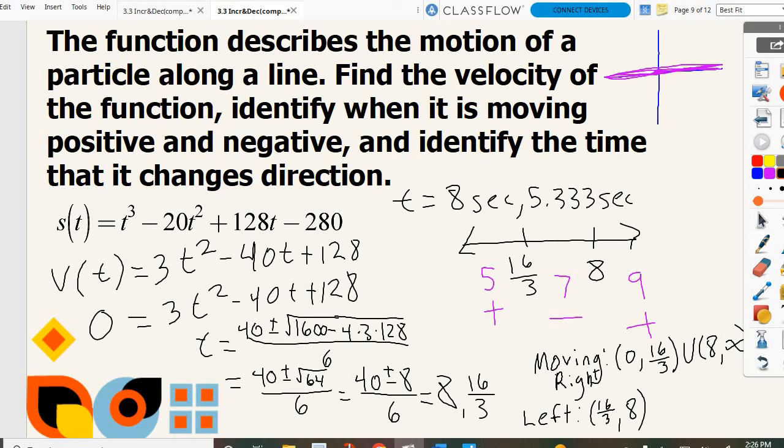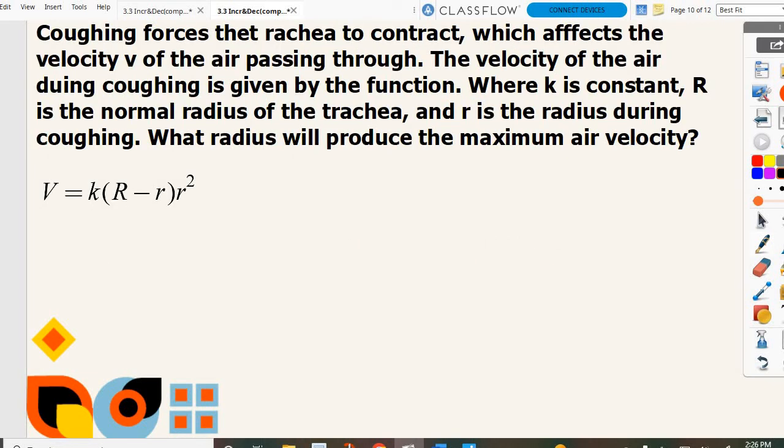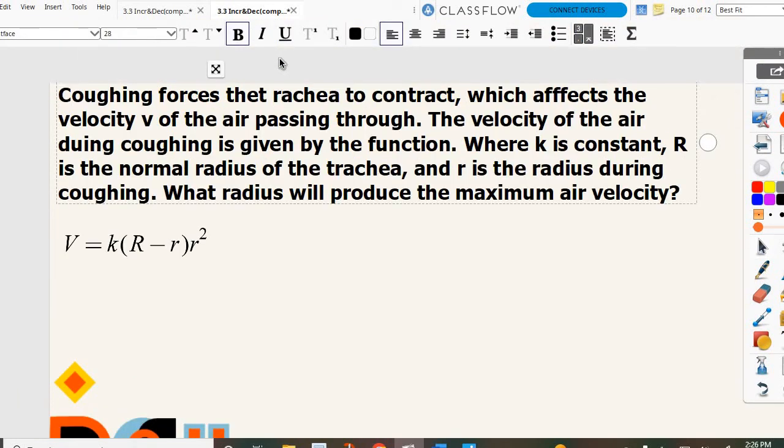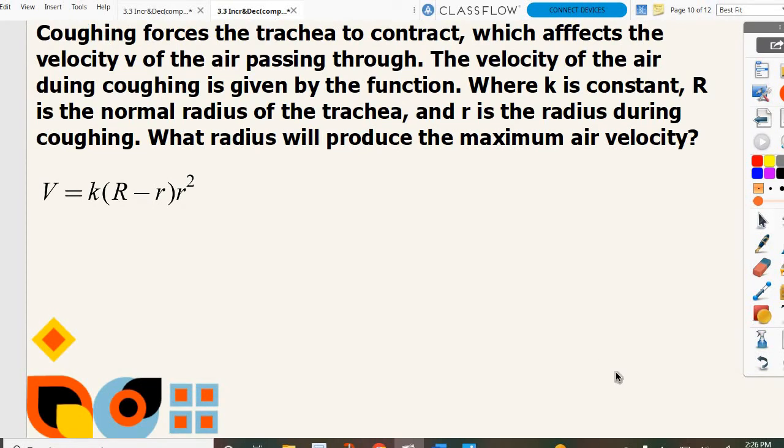Alright, we're going to look at one more. Coughing forces the trachea to contract, which affects the velocity v of the air passing through. The velocity of the air during coughing is given by the function, where K,